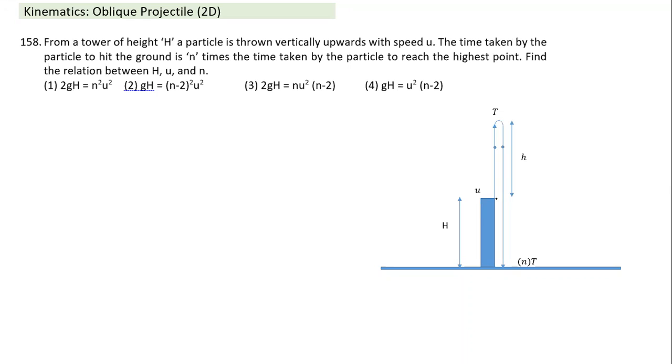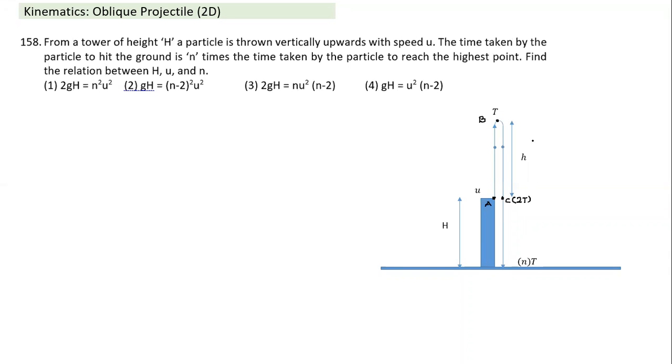So what we understood: if I call this point A, let me mark this so that our understanding is clear, this highest point is B. It will reach the highest point in time t. That's what is given here. From A to B it is time t. And I had marked another point C here. At what time will it reach C? It will reach C at time 2t. Whatever time t it has taken to go up, again it will fall down the same distance in time t, and at time nt it reaches here.